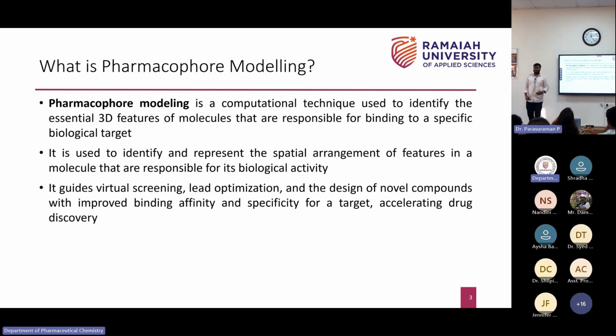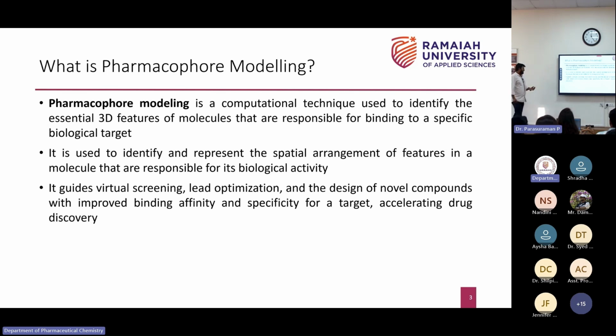First, you have to know what pharmacophore modeling is. The pharmacophore model is a computational technique or tool used to identify the 3D features of a molecule or a group of molecules for binding to a specific target like receptors, enzymes or proteins. It is used to identify and represent the spatial arrangements. Means in that molecule some arrangement is there, like aromatic structures, hydrogen bond donors, acceptors, and hydrophobic regions that are responsible for the biological activity. If all the spatial arrangement is there, then it can bind to a specific target and show that biological